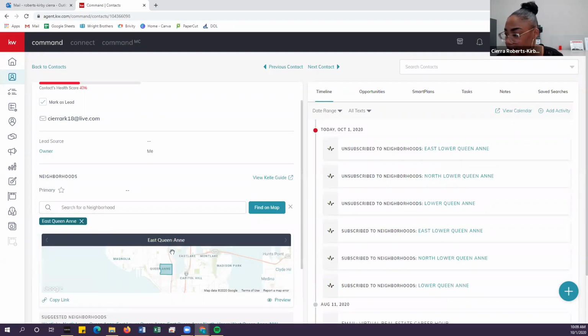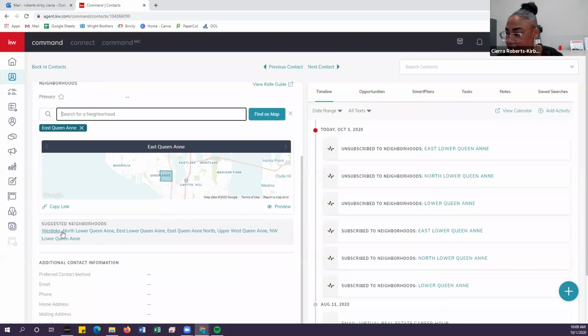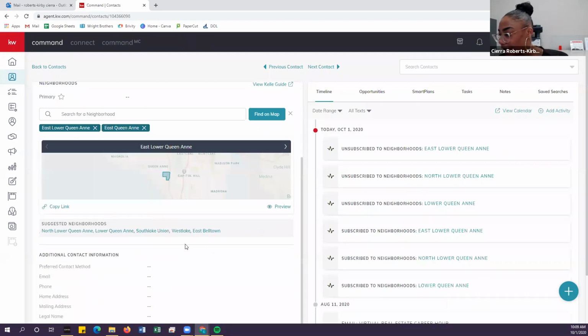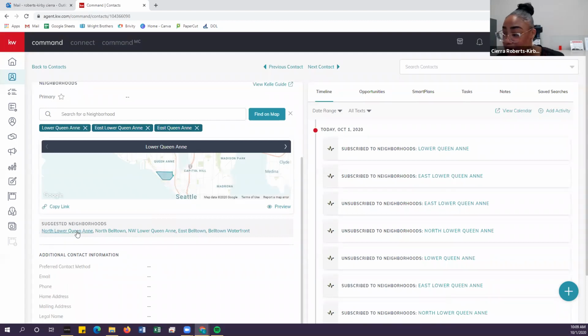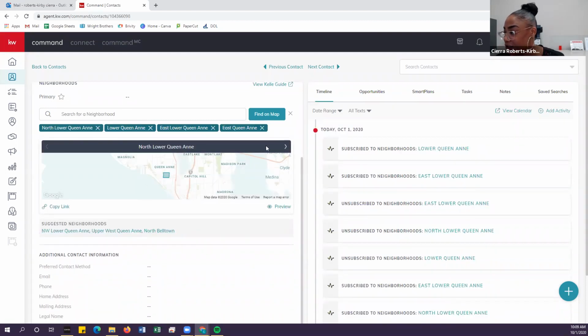So I'm going to click East Queen Anne, and then down here it also has suggested neighborhoods. Since I chose East Queen Anne, I'm going to choose East Lower Queen Anne, Lower Queen Anne, North Lower Queen Anne. So you can choose that way. If you're not sure of what the neighborhoods are called, that maybe your Harry Potter is looking for, you can